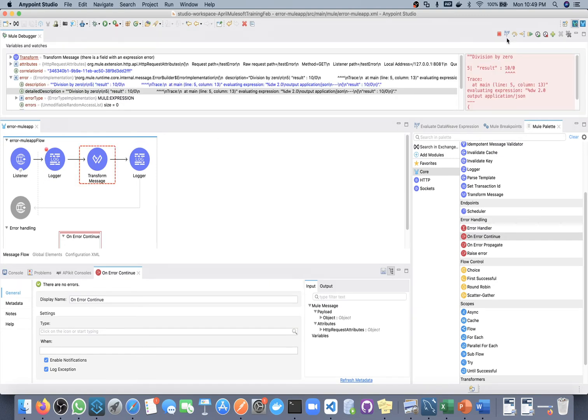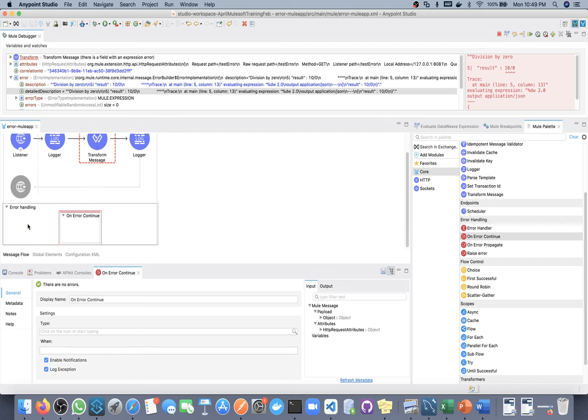In transform message we have the error. As I told, now we will not go to the default error handler since we have defined our error handler Mule component. So whenever there is an error, it will be handled by this on error continue. And one more thing, here you can see we have type.